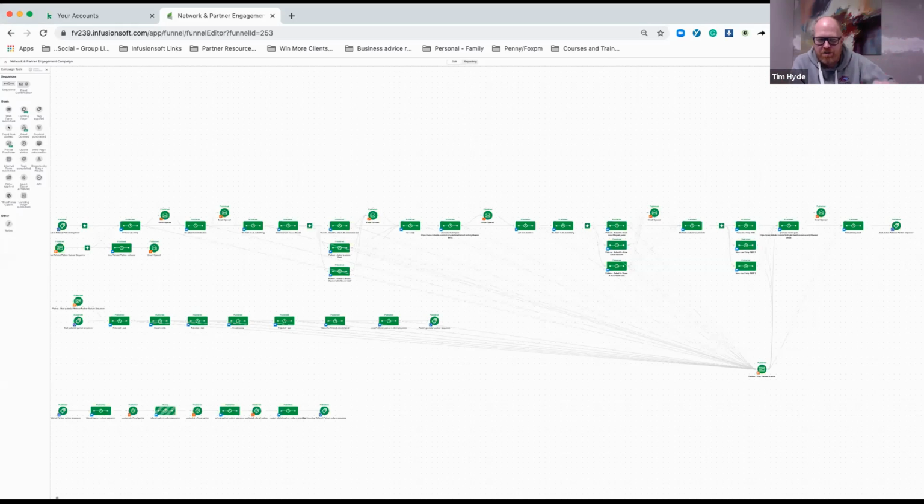I would say there's two types of people in the world. There's the done-for-yous and DIYs. You could unveil your entire process to someone who's a done-for-you person, and they will always buy from you because you've now demonstrated your expertise. Okay, so that network partner engagement campaign I've got, most people look at that and go, just make that happen for me, Tim, right?